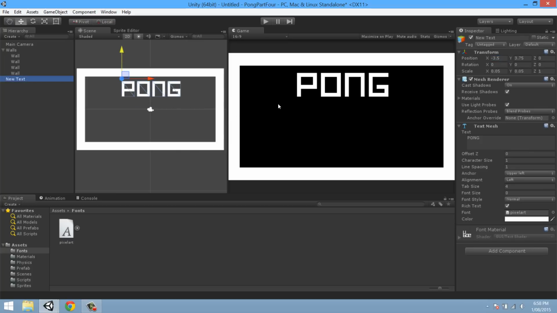So, now that we have the Pong text, I'm going to duplicate it, and instead of writing Pong, I'm going to write New Game. Because this is a subheading, we want it to be much smaller. So instead of 0.05, I'm going to set its scale to 0.02. Now, like before, we can position it inside the game. The positions don't have to be exact. Anything that fulfills the aesthetic value that we're trying to achieve will work. Press